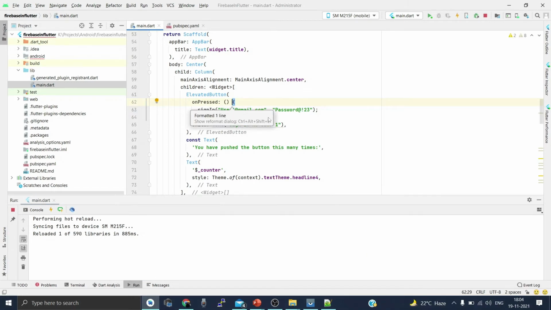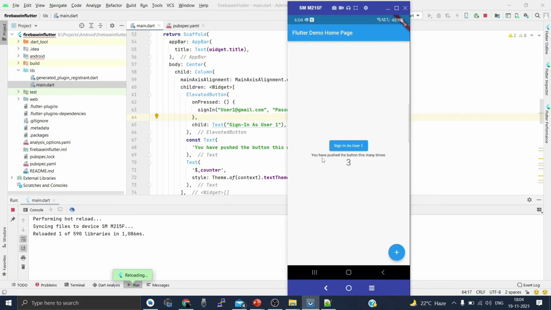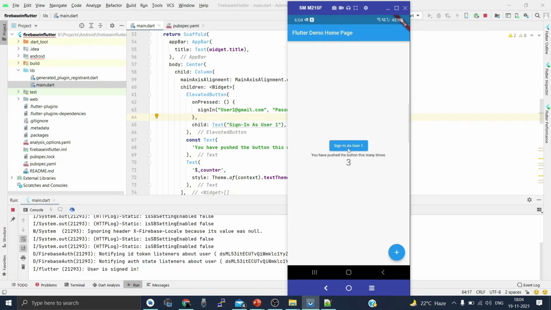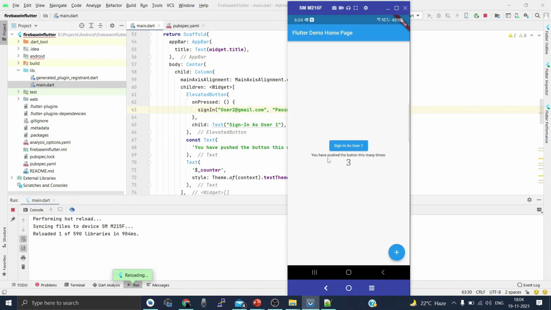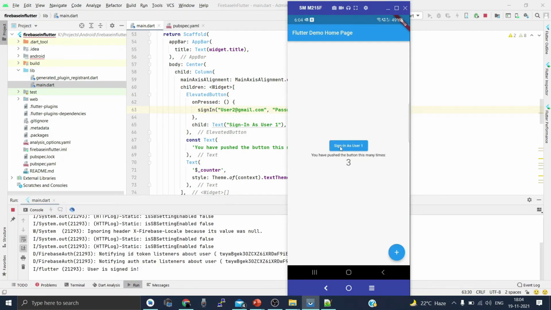I'm really not good in creating the user interface. So looks like it should work now. Wow, so it says sign in as user1, right? And we have already called the signing method for user1. So if we change it to user2, awesome, it says user is signed in.